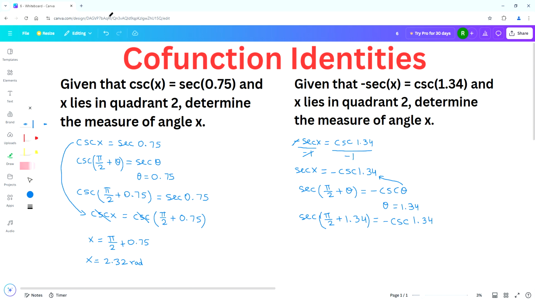As per this equation, negative cosecant 1.34 is equal to secant pi over 2 plus 1.34. So in our equation, we can do the substitution for negative cosecant 1.34. We get